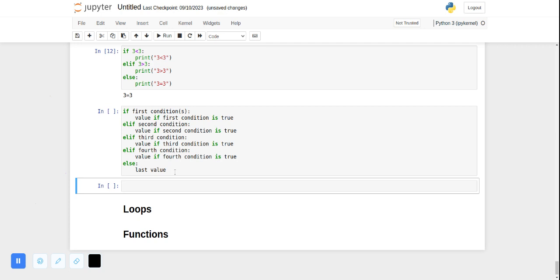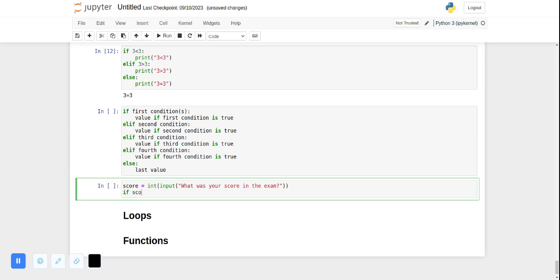Now the last example is going to be a grading system. It has the students' scores. Your score is going to be an integer. What was your score in the exam? And then you enter, and then we say that if score is greater than, this is less than rather. Why is greater than or equal to? This is how we do greater than or equal to in Python. 80 to 100 is greater than or equal to 80. Then we print